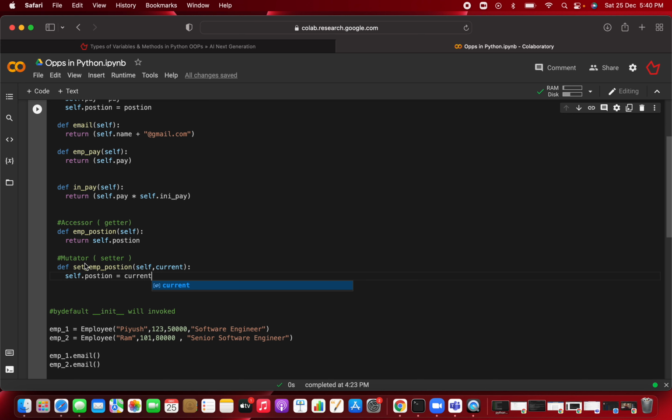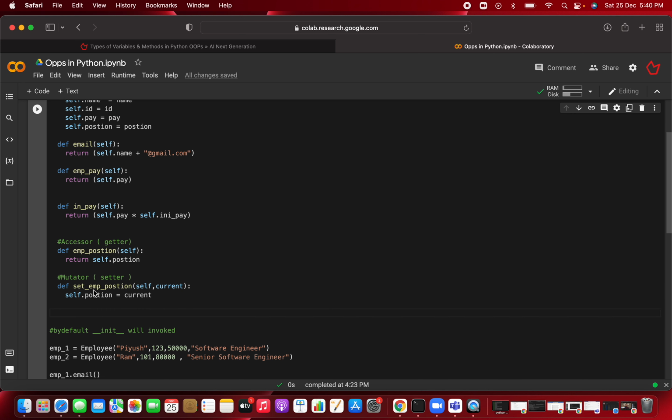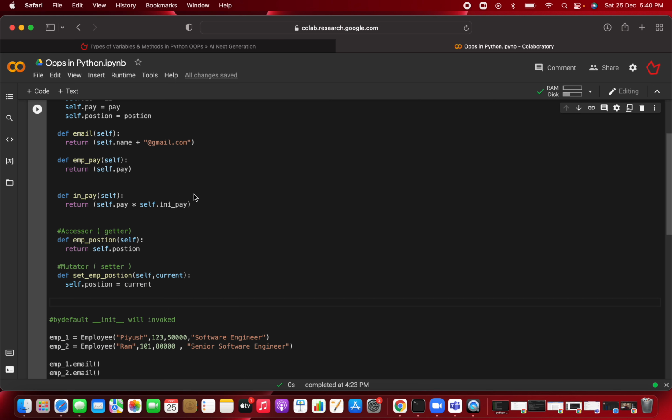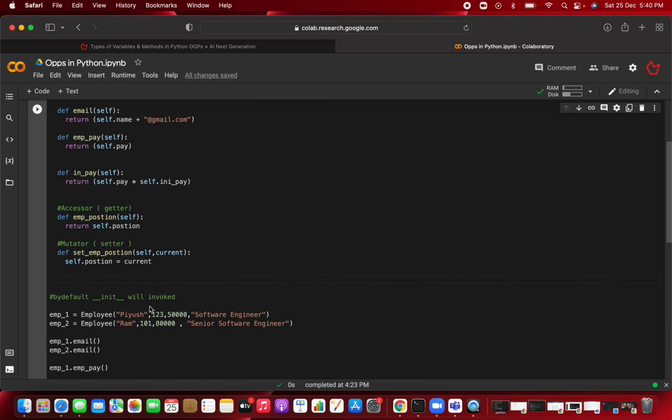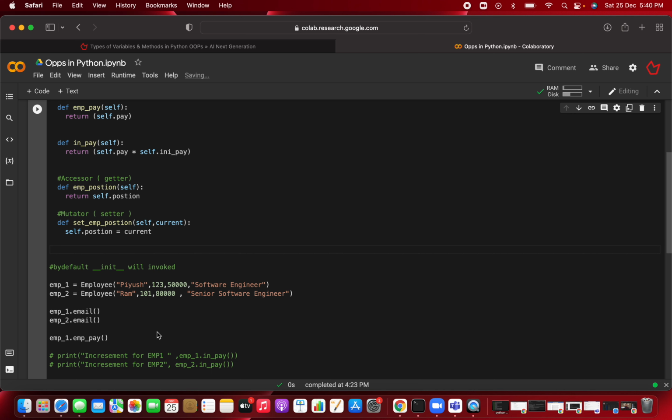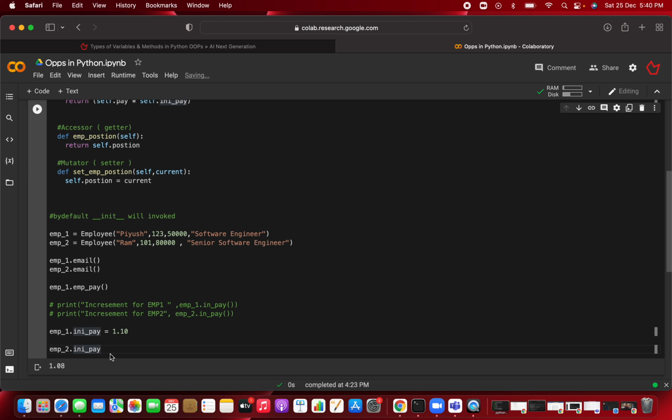Whenever they call this set employee position, they pass the particular value. Suppose this particular Piyush has been promoted from software engineer to senior software engineer. Then how are you going to write it? You call this mutator method and set the position of this particular Piyush. First of all, we are going to see this one.